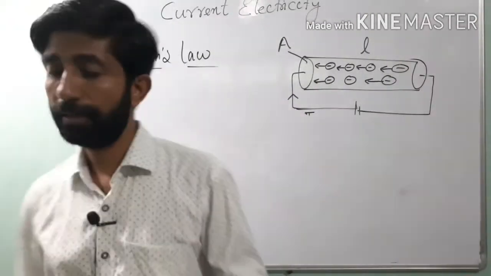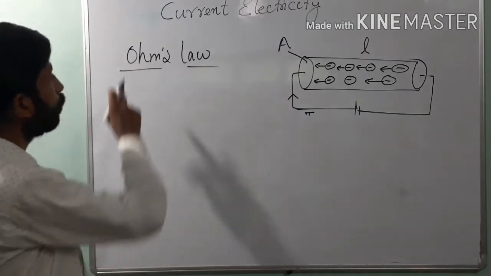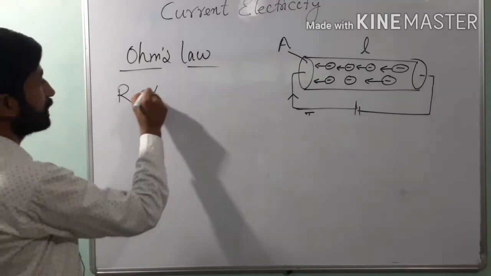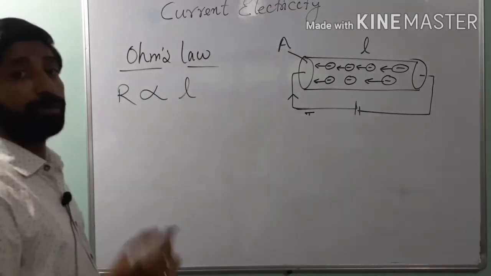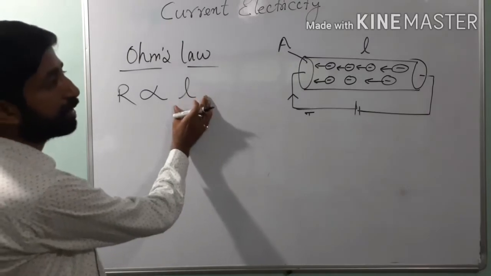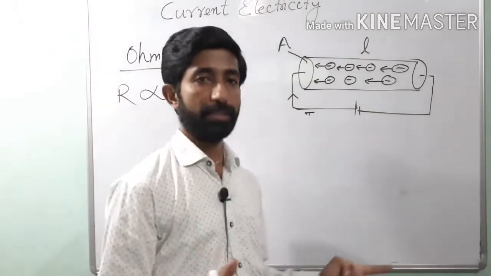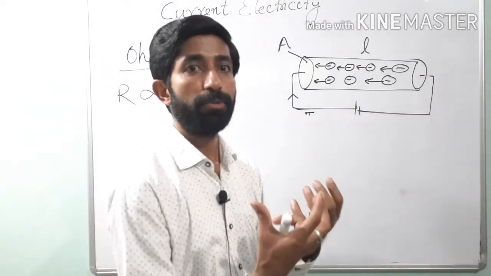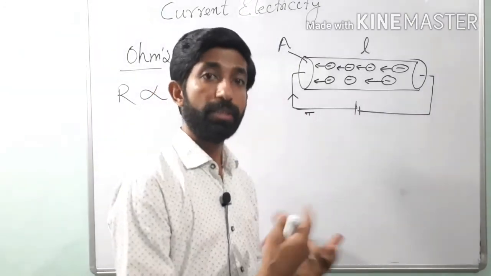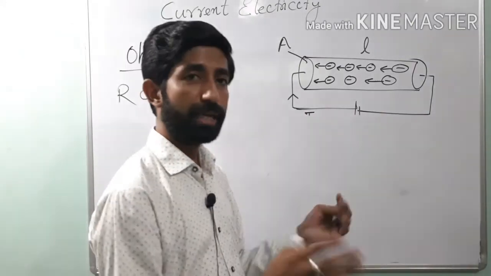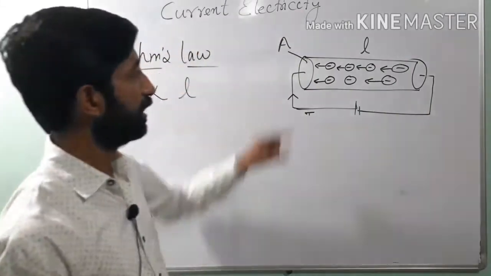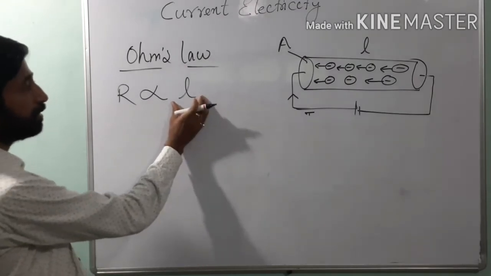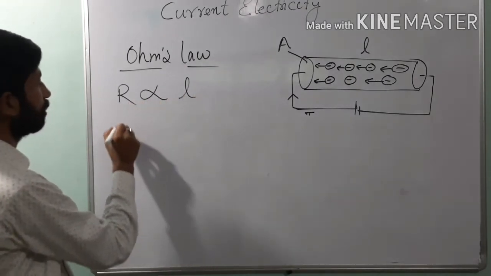These factors are as given by Ohm sir, that is the resistance of the conductor is directly proportional to the length of the conductor. That is, the more the length of the conductor, the larger the value of resistance, because electrons have to travel a longer distance, so they will be colliding more and more against what? The other electrons and the ions. We shall discuss how collision plays a role in defining resistance afterwards. So for the sake of now, the length is larger, resistance of the conductor becomes larger, and one more thing,